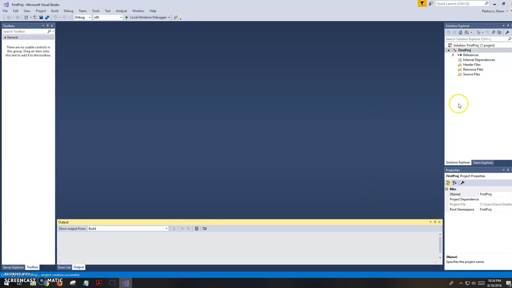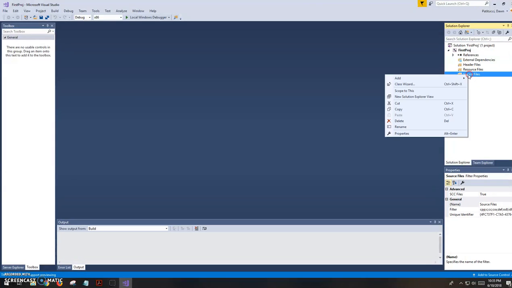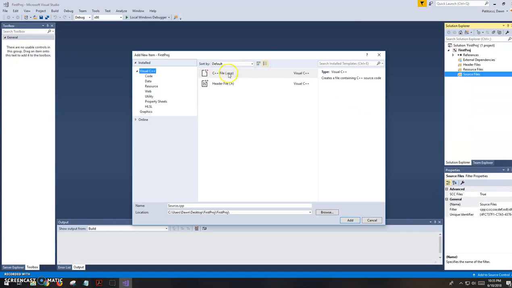Now the next thing I'm going to do, and that was basically step one, this is step two: I'm going to right click over here. This is called the Solution Explorer. I'm going to right click on the source files folder. A source file is the file with your source code in it. That's where you're going to do all your typing in this class. So I'm going to right click on that, add new item, and then the default here is the C++